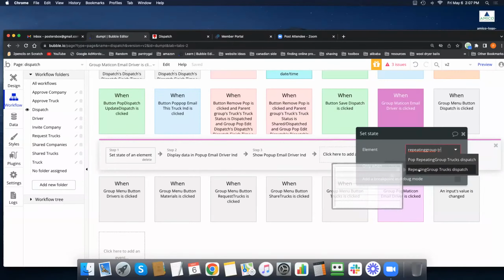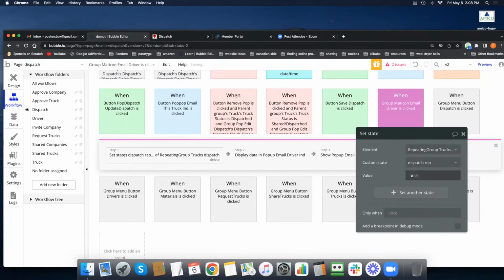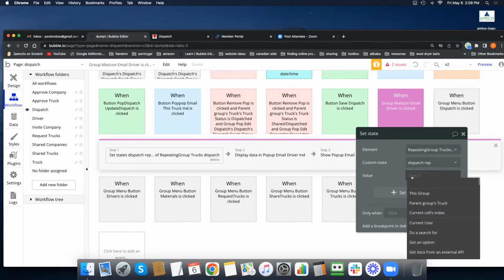Yep, there we go. All right, in the custom state, this is the moment of truth here, where the value is going to be the parent group's truck. Yeah, well, it seems like we're going to still have to do this process, but with a series of nested groups where we're basically,